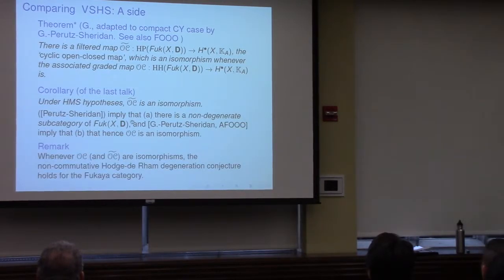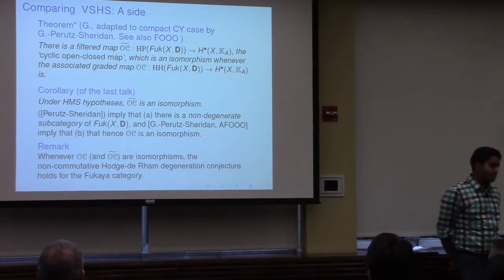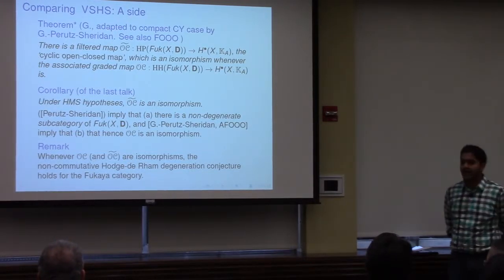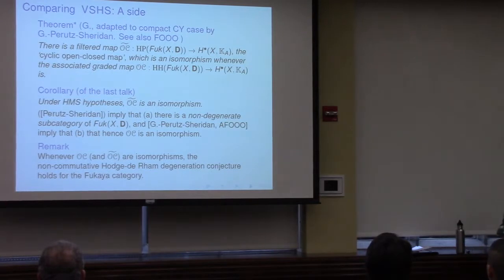I want to make a remark at this point. We've been needing to assume, to get an actual variation of Hodge structures instead of a semi-infinite variation, that the non-commutative Hodge-de Rham spectral sequence degenerates. Now, it's conjectured that that's always true for a smooth proper category, and there are proofs in special cases by Kaledin, and then by reduction to the commutative case,